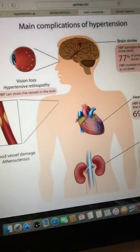And the scary part about hypertension is that it's called the silent killer, and they don't get the name just for anything. If you don't control your hypertension, you can have a necrosis of the artery, aneurysms, nephrosclerosis, and those are just a few to mention. And this is a very good picture that I found of a little man with the complications of